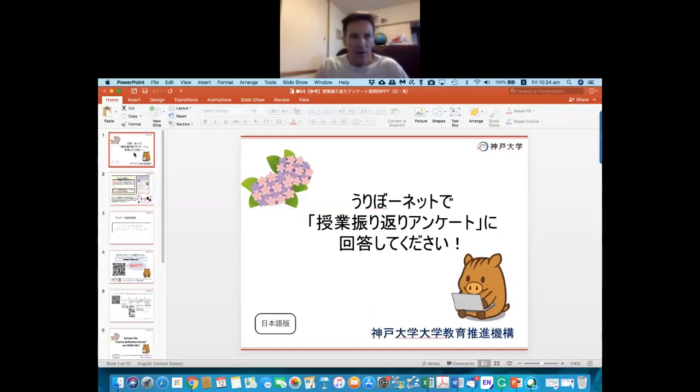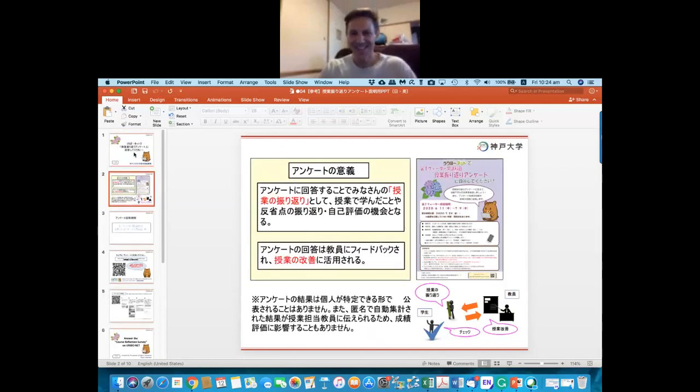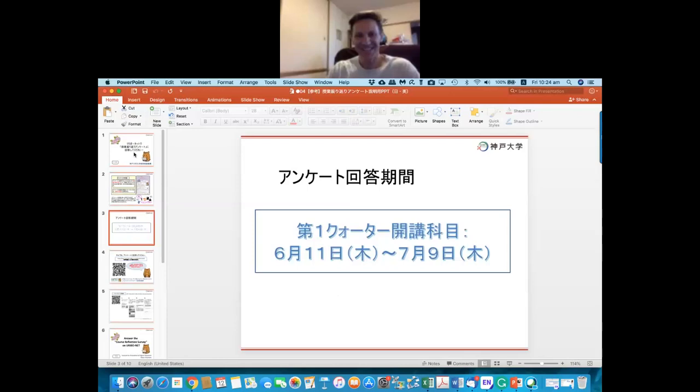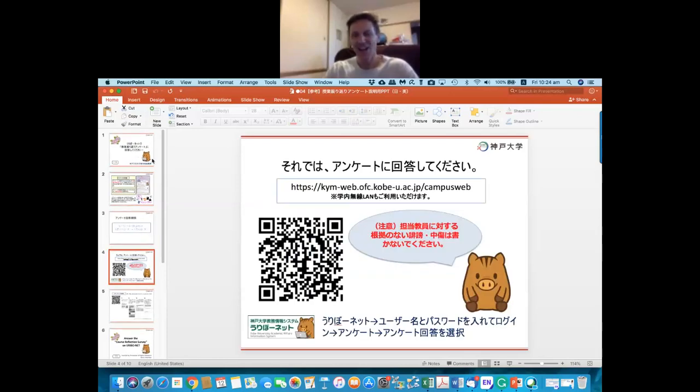One more time, the Japanese version. Here you go. I'm going to let you read it because I can't. Urobo.net and then kanji. Sorry. Okay. Next. Next. Next. Like I said, I will put the QR code onto the instructions page as well, so you'll be able to use your smartphones if you want to.